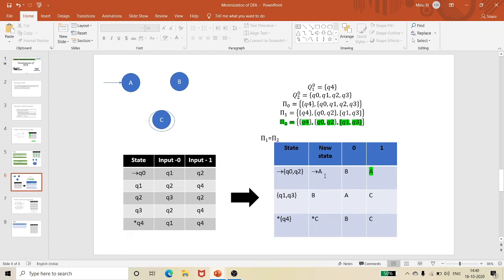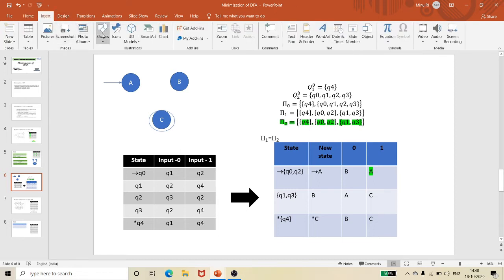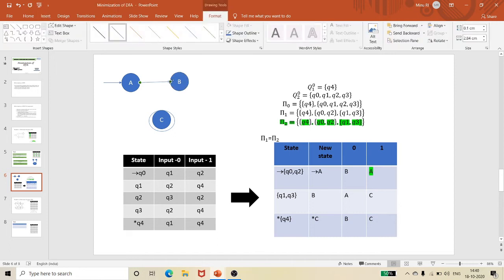Now from A, when it is 0, it goes to B with a 0.